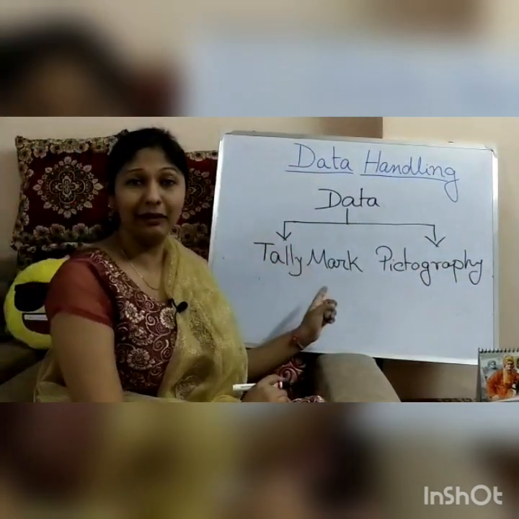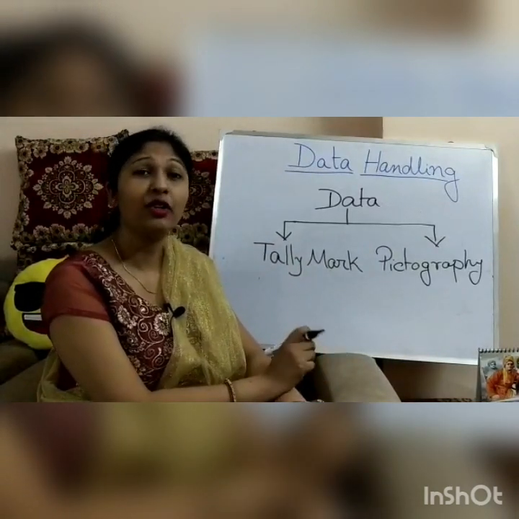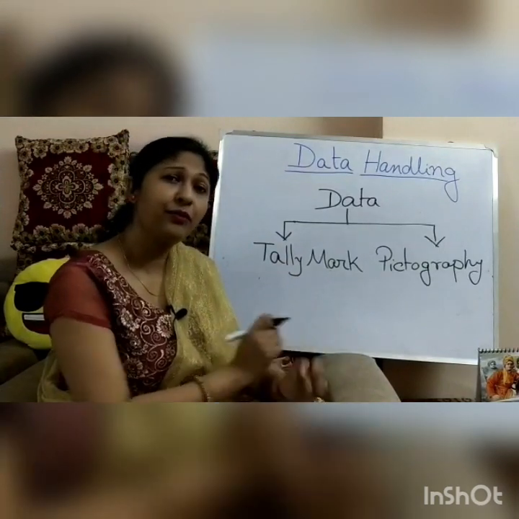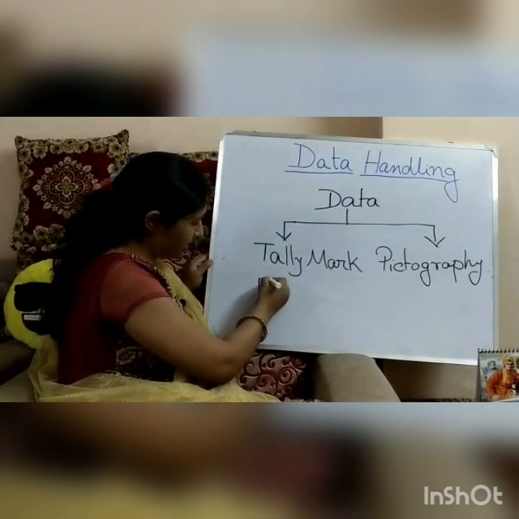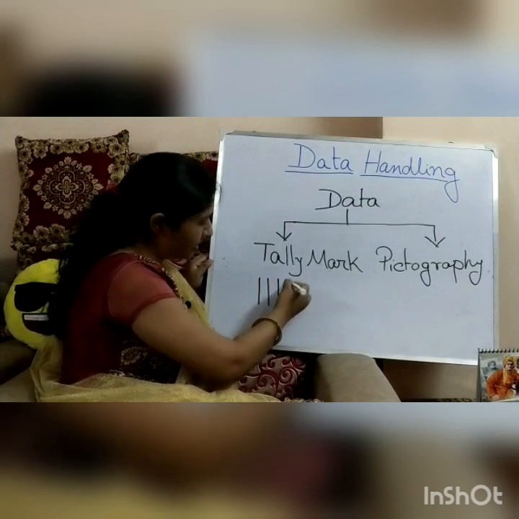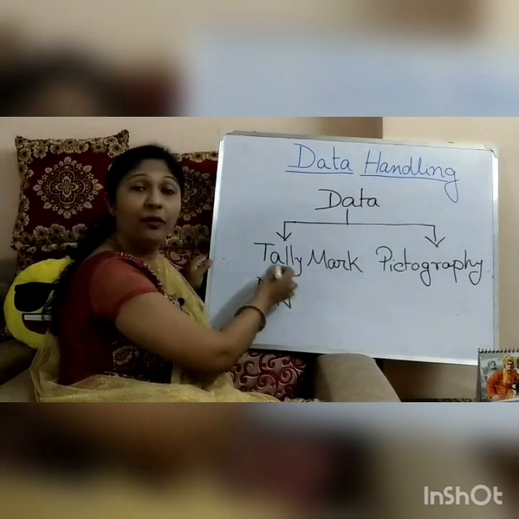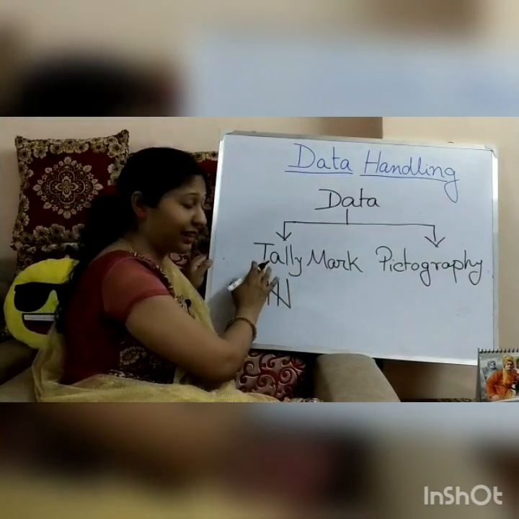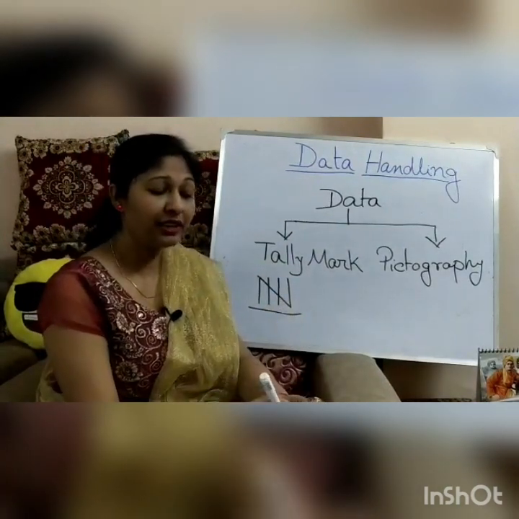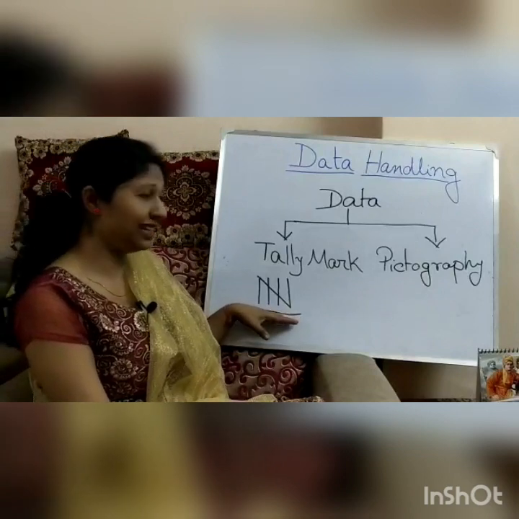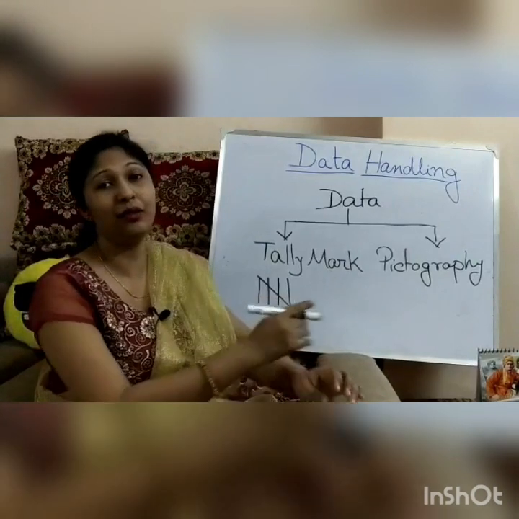So, what is a tally mark? A tally mark is a line drawn across four vertical lines. Like that, if I draw one vertical line, second, third, fourth, and one line crosses these four vertical lines, this is called a tally mark, and this is the symbol of the tally mark. I know that just by showing this you can't understand, so for understanding it better, I will give one example.